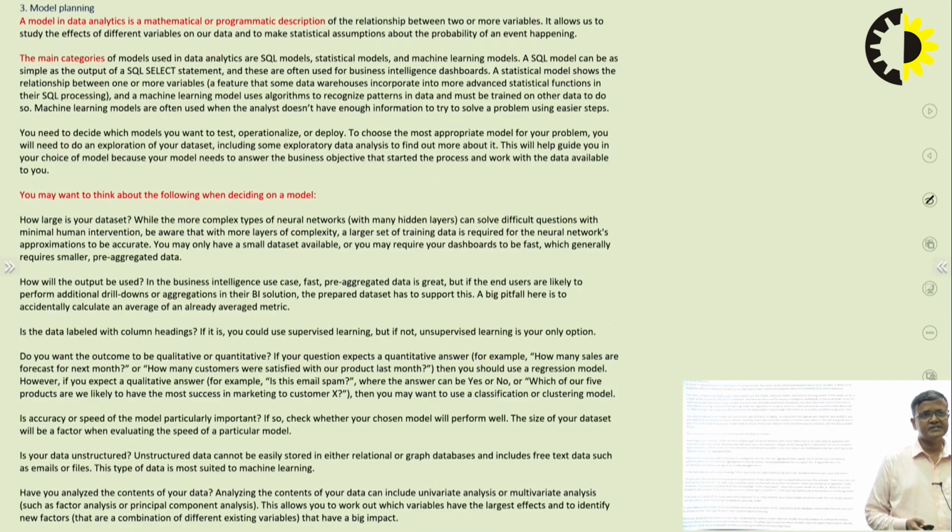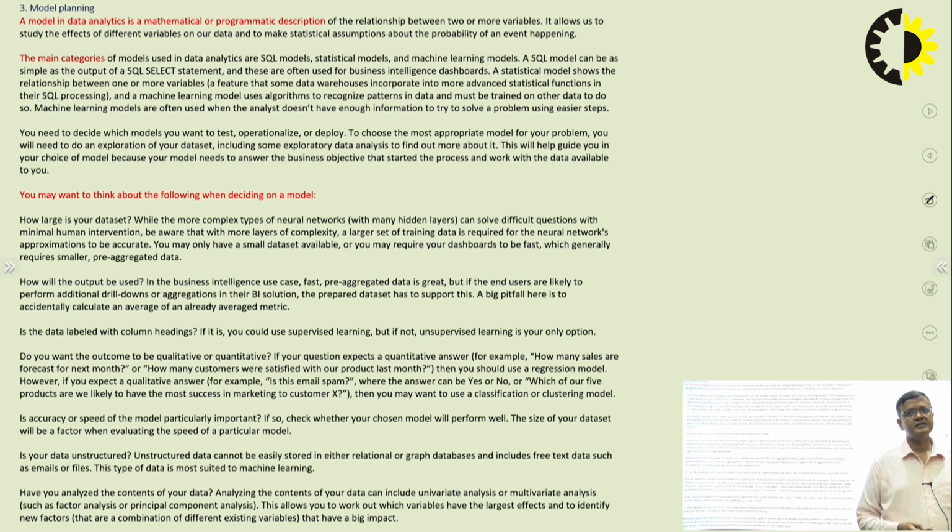Coming to phase 3, which is model selection. A model in data analytics is a mathematical or programmatic description.